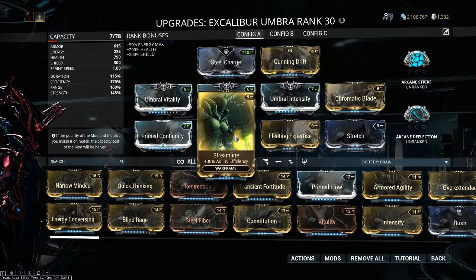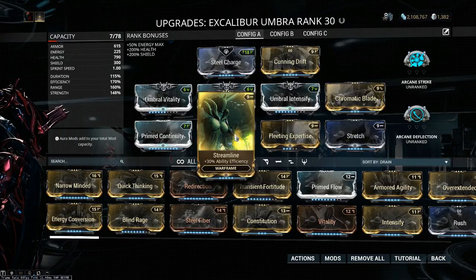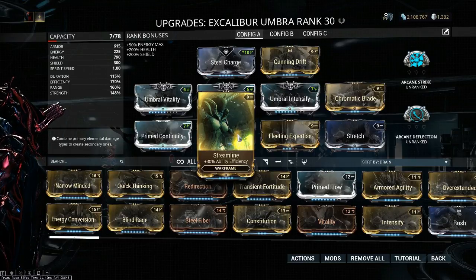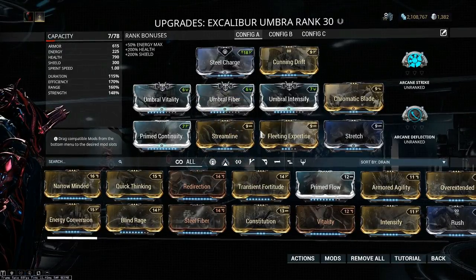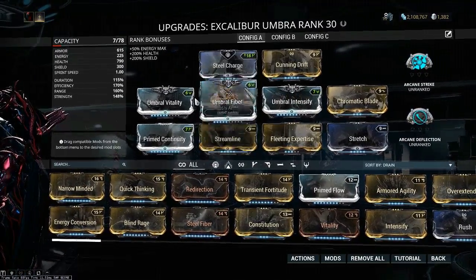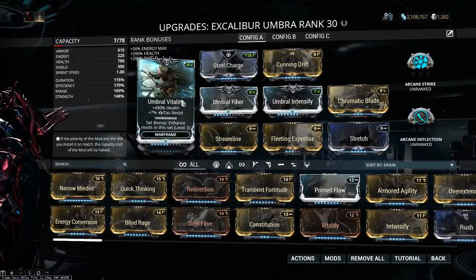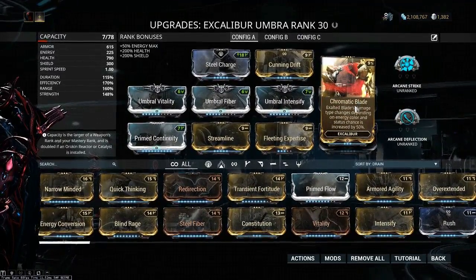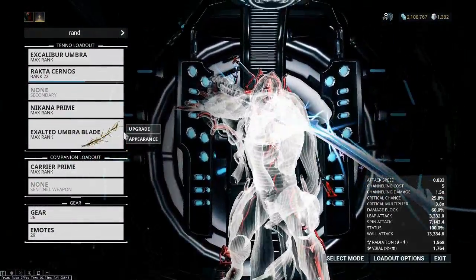You saw how limited my resources were during the game, absolutely zero help from anyone, and I pretty much always had the Exalted Blade on, pretty much until the end, until I got surrounded by Infested draining all my energy. I was never going to run out of my Exalted Blade if I wasn't surrounded by all those debuffs. I'm using the 3 mods for Excalibur, the ones that come with the Umbra. Like you can see, I haven't even leveled them yet, and there is no forma in my Excalibur. And finally, Chromatic Blade. I think this is just a phenomenal mod, and going into the Exalted Umbra Blade,